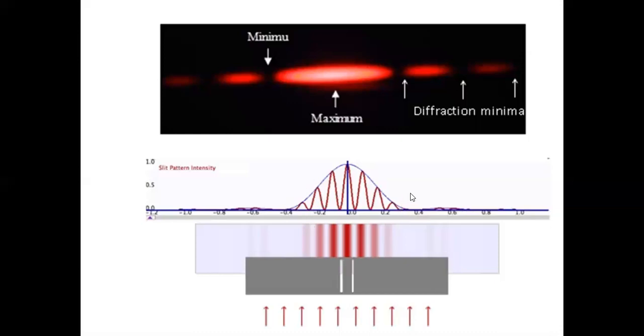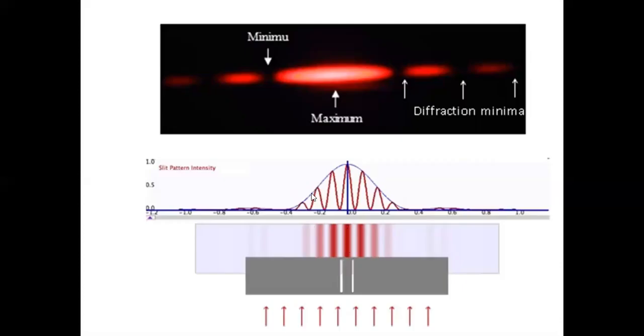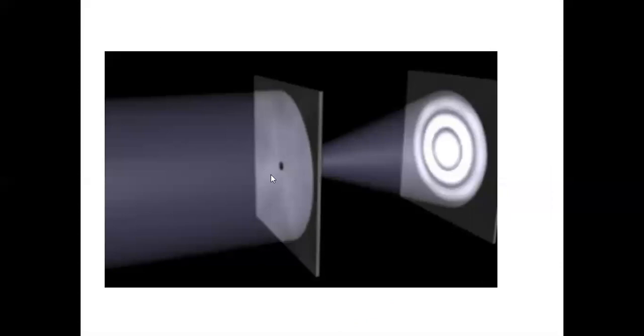Suppose you are asked in the examination to draw the diagram. Here is another diagram. If the slit is like this, you will get the pattern like this. If the slit is a hole, you will get the pattern like this. You will have a bright spot at the center, a dark ring, another bright ring, dark ring, and the brightness of the bright rings, as you move away and away, goes on decreasing. You can see that. So this is diffraction in a single slit, what we say. For diffraction, one slit is enough. For interference, two slits are needed, right? Interference is a superposition of two waves. Here it is a superposition of many waves coming from the different parts of the slit.